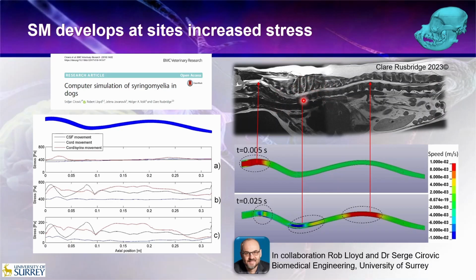They seem to have a tendency to get a larger syrinx in the thoracic region and may have a really minimal syrinx in the cervical region, just a little bit of a dilatation of the central canal. And this is a bit of an ongoing work at the University of Surrey, where I'm based. I say ongoing in that we've only done the computer measurements in cavaliers, and what this has shown